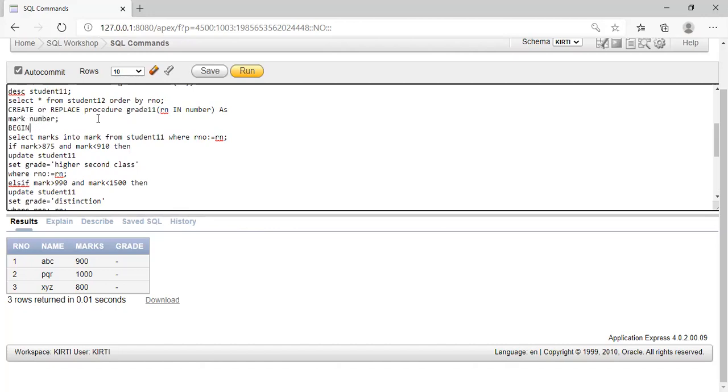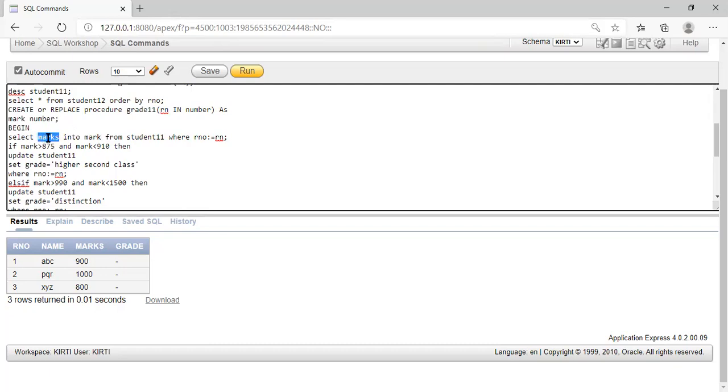Okay, so now we will start with the begin block. Select. You have to remember, your procedure will work on any DML query, but the stored function will work only on select query. Now here what we will do, select marks into mark. What is the meaning of that?